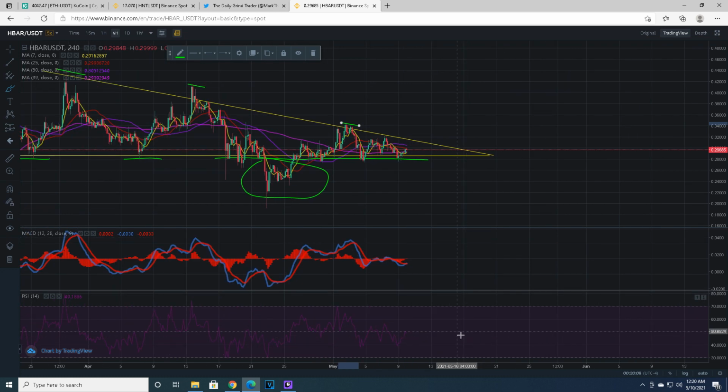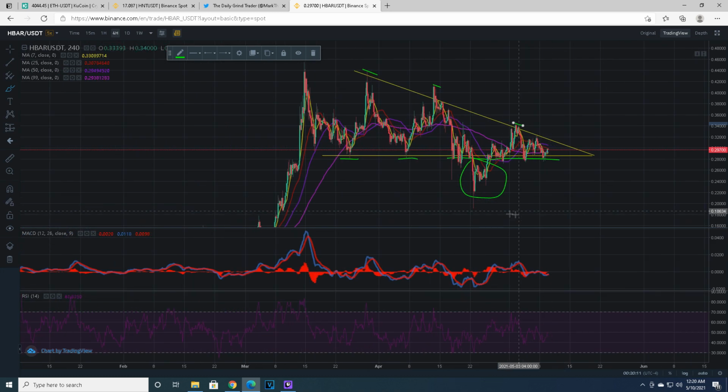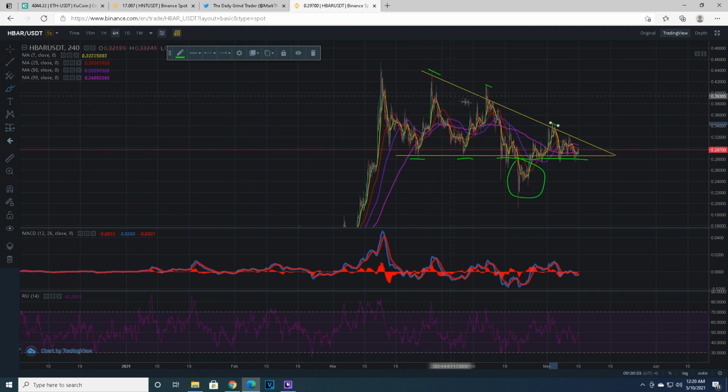It's got plenty of room to grow, to go up. And the consolidation period has been just that. It's been consolidating tighter and tighter ever since the all-time high. I thought this was a double top or a triple top, but as I'm seeing it now, it's just retesting a descending triangle, and as this gets tighter, eventually